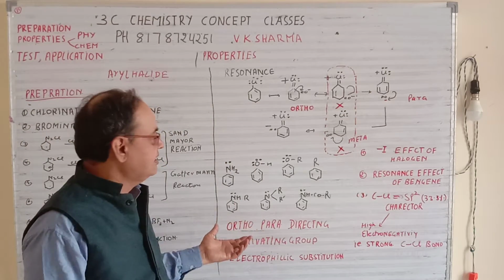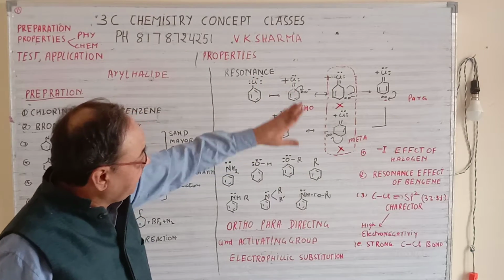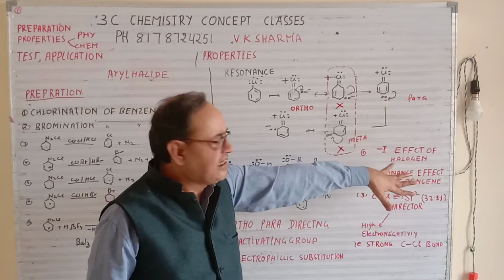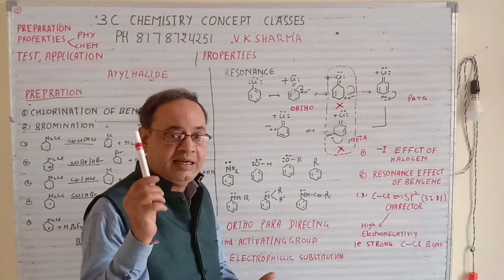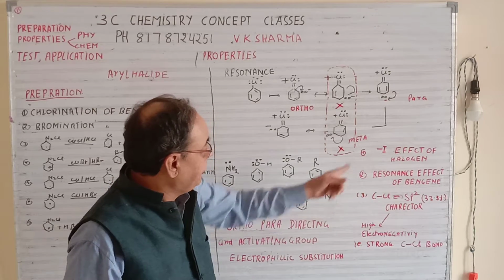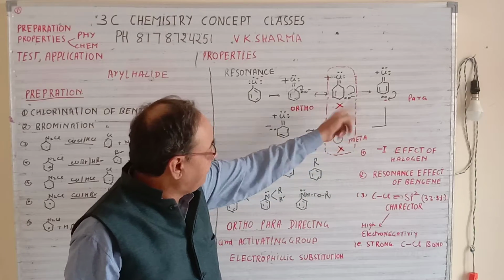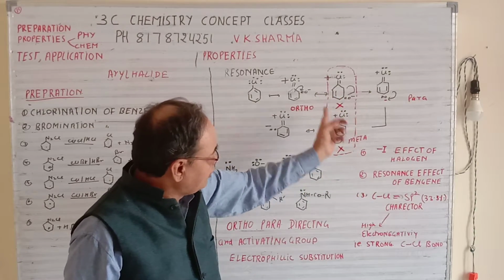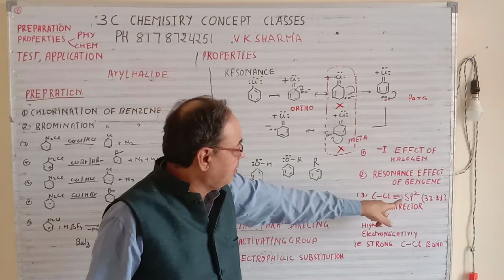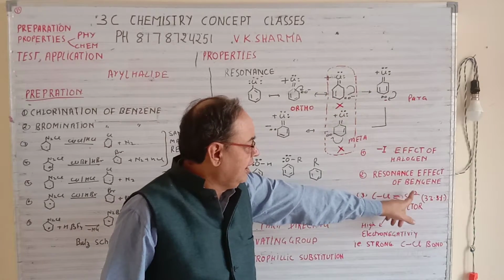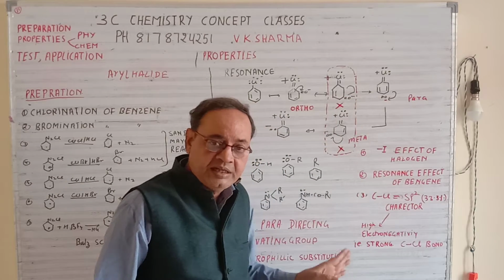Now we will apply this concept. Now what happens in the benzene ring? The factors which are affecting it: first is the minus I effect of halogen. What is the minus I effect? I have told you that in my previous chapter, alkyl halide, so you can read from there. Then there is the resonance effect of the benzene, and due to the resonance effect the Cl has double bond character. This Cl double bond character means it has sp2 hybridization, and the s character is 33.3% in that.